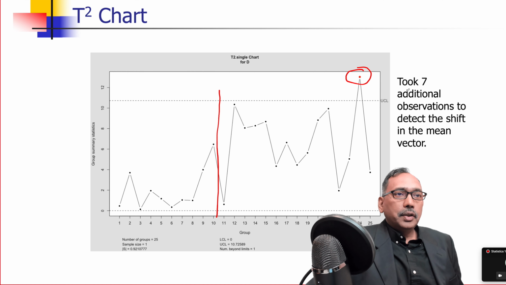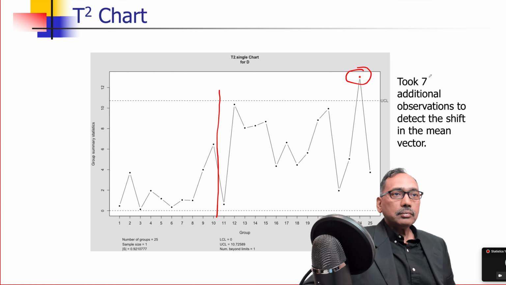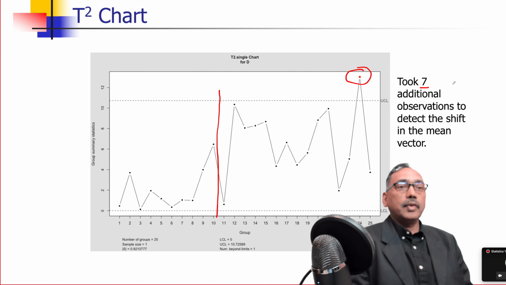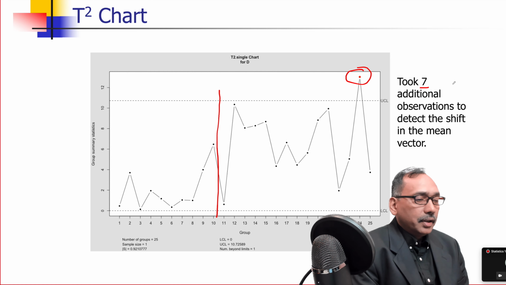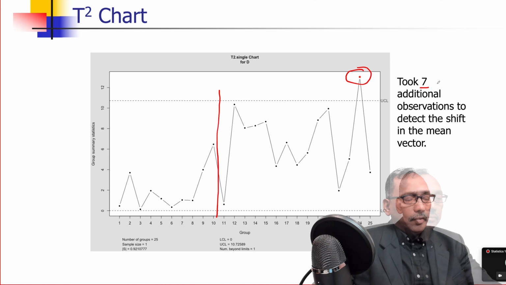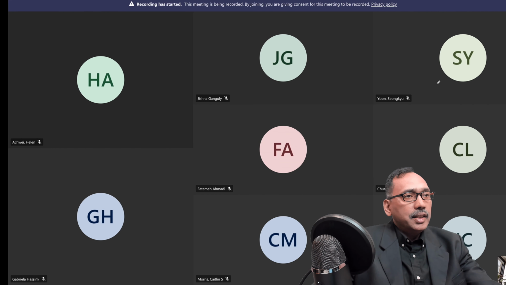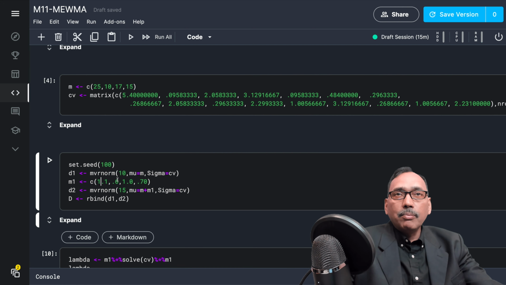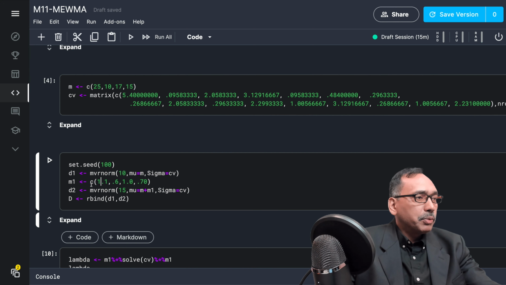So it took 7 additional observations, because earlier the 17th data point was detected, now it is the 24th. So 7 more data points to detect the shift in the mean vector compared to the MEWMA chart. We can also see very easily that if these changes are even smaller, it is going to take much more time to really capture that.